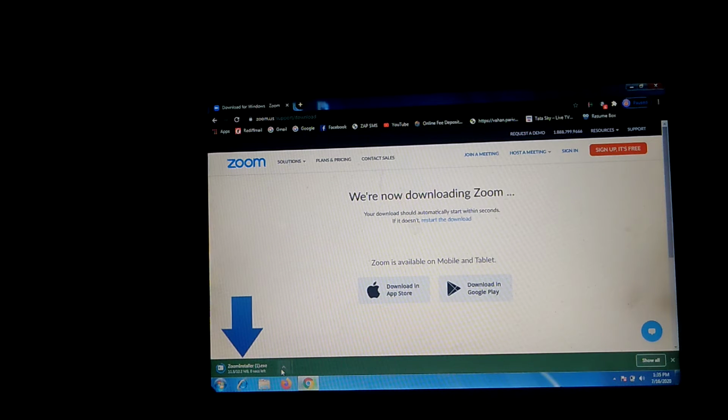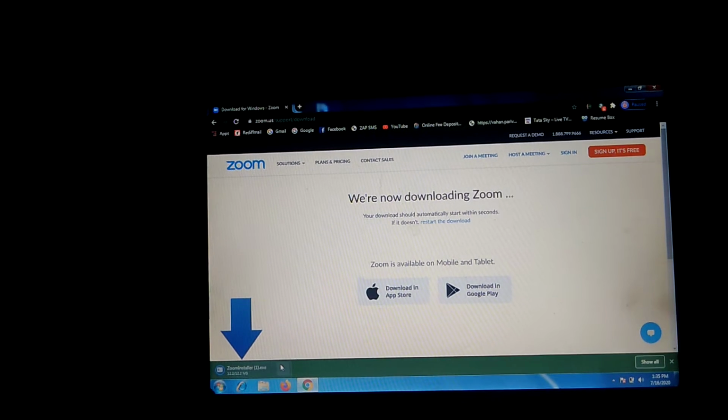Over here, Zoom is installing. When it is done, we'll be able to open it. So all of you have learned how to install a Zoom application into a system. You can install any application like this.